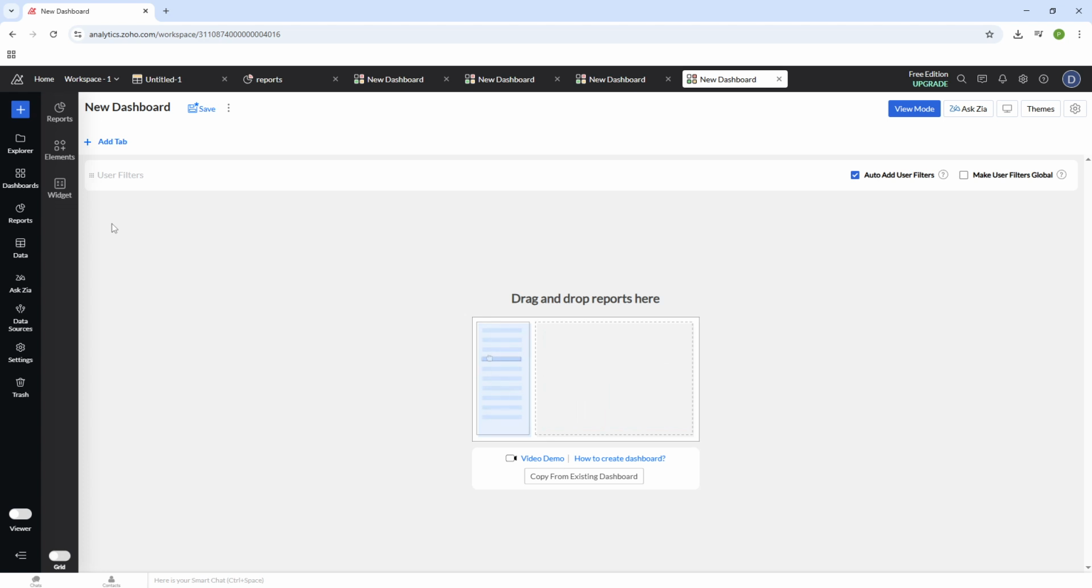Once you're satisfied with the setup, your dashboard becomes a powerful tool for tracking key metrics and making data-driven decisions. With practice, you'll develop an eye for creating visually appealing and insightful dashboards that elevate your analytical capabilities. And there you have it, a step-by-step guide to creating a dashboard in Zoho Analytics. With these tools in hand, you're well on your way